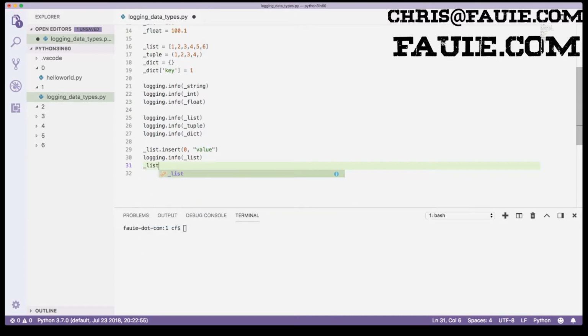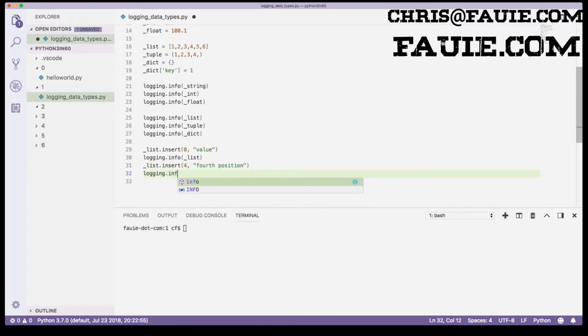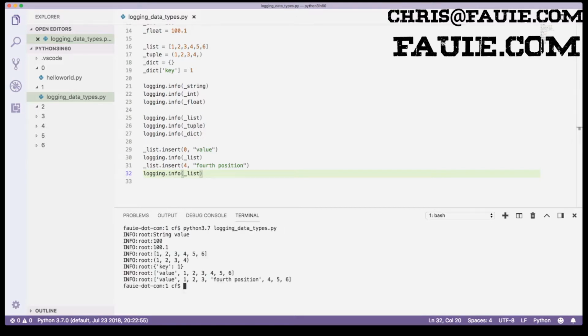So I can insert something in the 4th position. I don't know how to spell 4th position. And we'll log that again. And you'll see it's at the 4th position. Now, if I want to add it to the end, I can't do a thing like a -1 for my